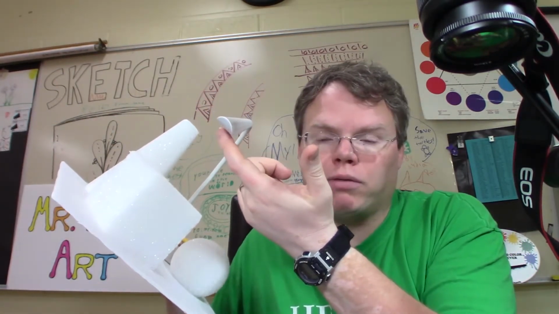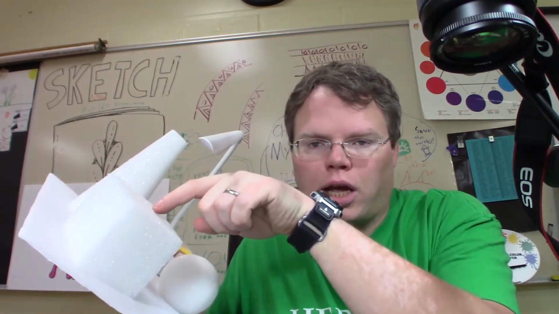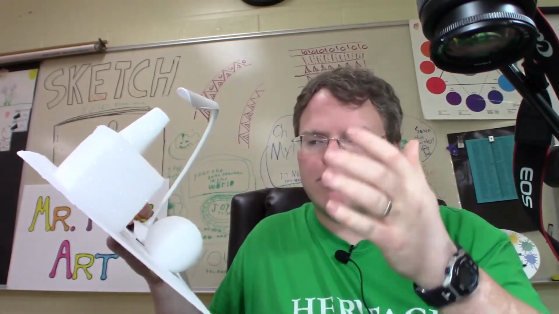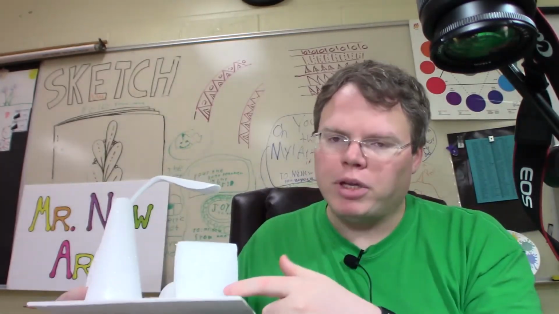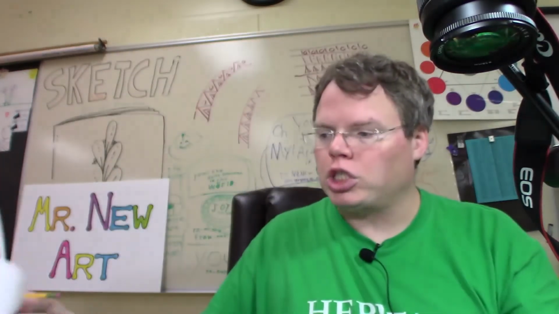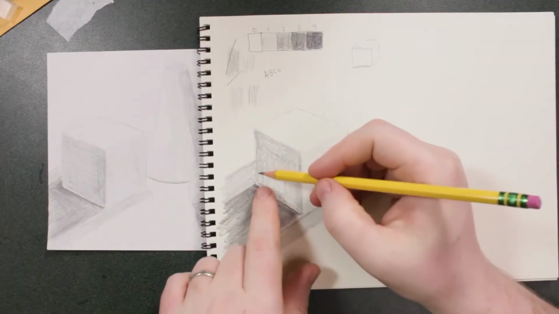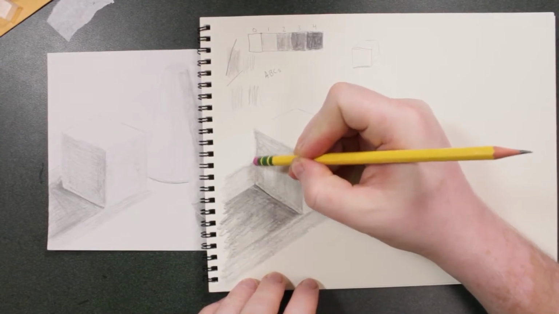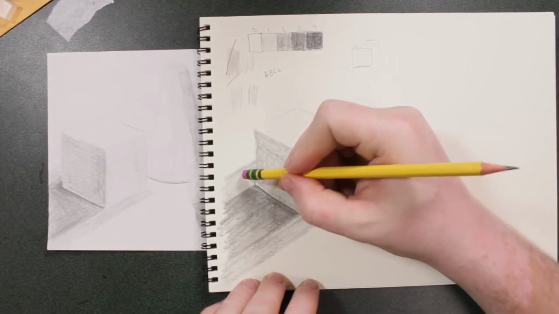But even if the light is just coming from here, that light is going to spread around the room. It's going to bounce off of lots of different things. It'll bounce off of the ceiling, the walls, the table. And so even though the primary source of light is shining from here down on the top, there's also some ambient light being reflected in lots of different directions, and it's going to come up into whatever side of that cube is shadowed. So here, on that shadowed side of the cube, not on the cast shadow under the cube,